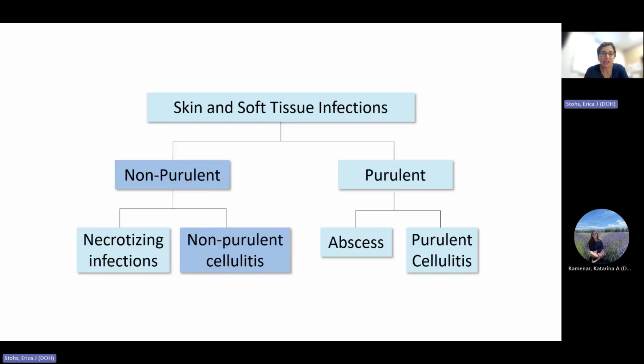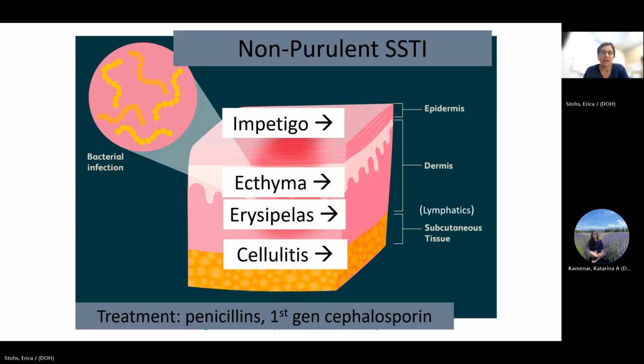So now let's go down the non-purulent cellulitis route. With non-purulent skin and soft tissue infection, we're talking about our classic presentations of erythema, warmth, and tenderness, which can present otherwise similar to MRSA skin and soft tissue infections. The layer of skin that is involved is how these different names get their say.